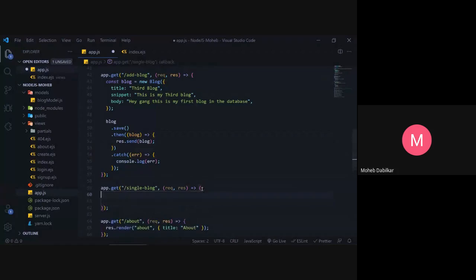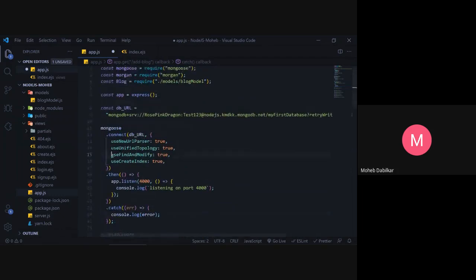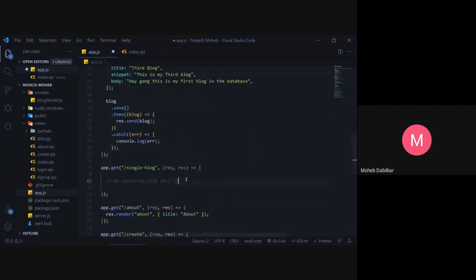Then we can do something with this ID. The basic logic will be the same. So instead of doing all this, we will just say something like find by ID. Over here we used find and modify, which allows us to use the put method. Now I hope it doesn't show my deprecated warning.